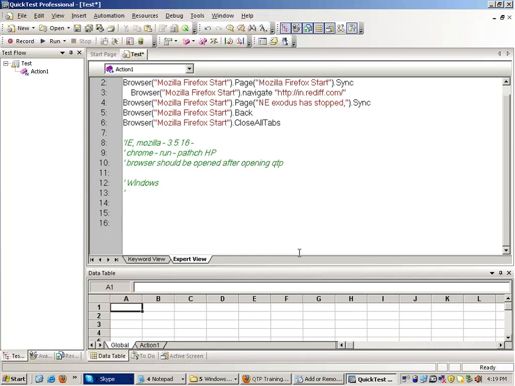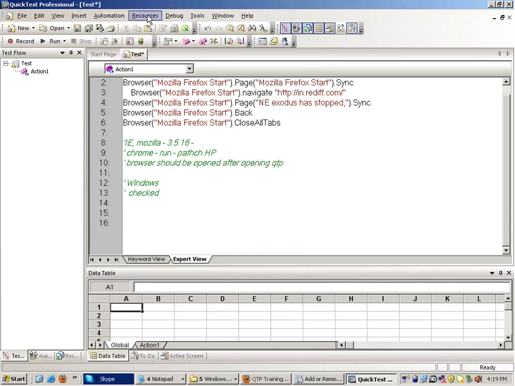So the record and run feature is good, looks very fancy, but in no automation tool do we use it. Even in Selenium, record and run is there in the IDE, but very few people use it. Coming back to the point, the rule for Windows-based applications is that the checkboxes should be checked.